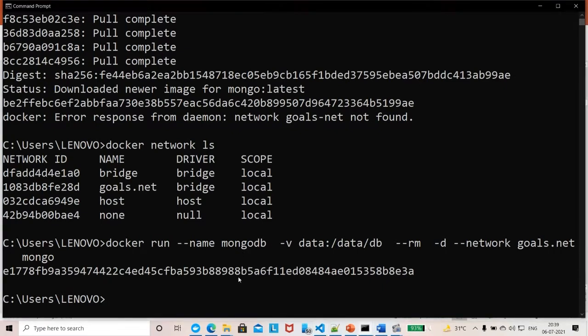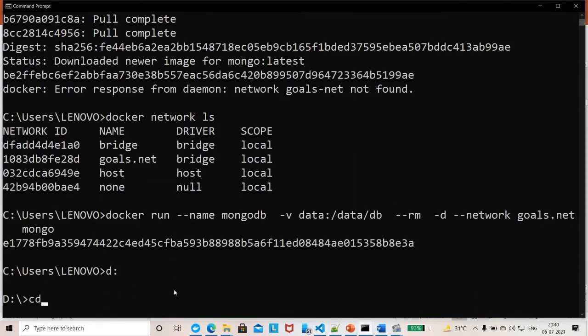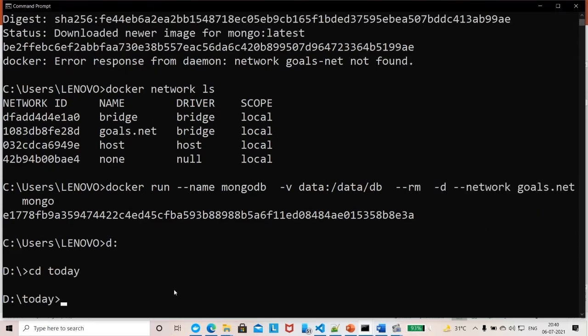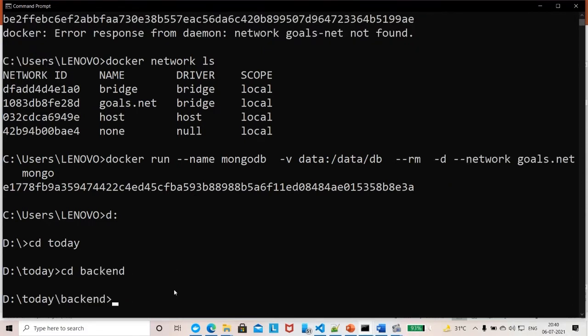Now we will go cd backend, and now we will build the Node app, the backend API.